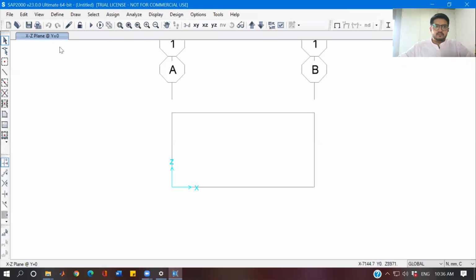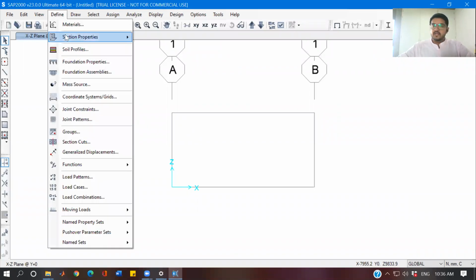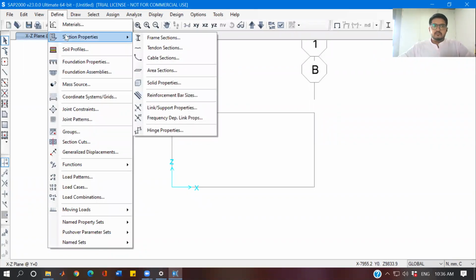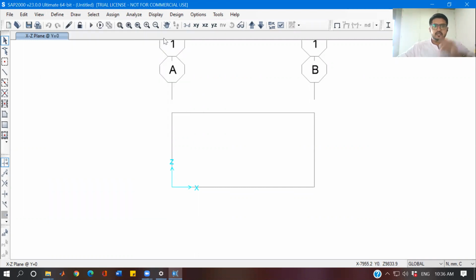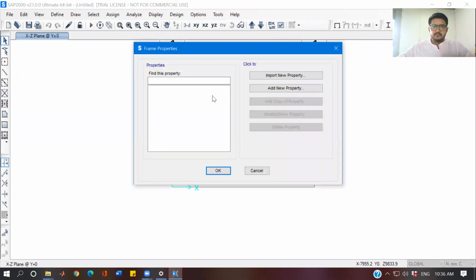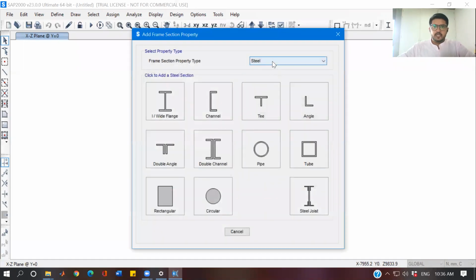Once the material is defined, you need to define the sections of your beams and columns. For that, I'll go to define, and this time to section properties. Here, I want to select frame sections. Once you select frame sections, you have an option of add new property. In the previous sessions also, I have told you that this steel, built up section, concrete, aluminum, is just for your consideration.